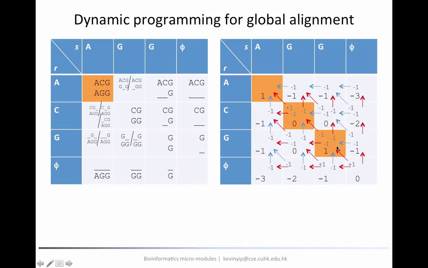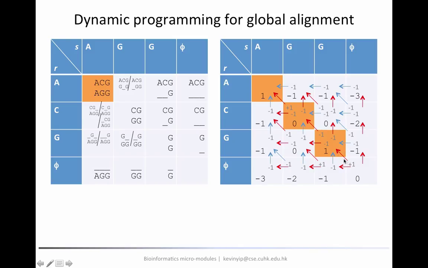After considering these 3 cases, we realize that only the diagonal path can give us this optimal score of 1 for this subproblem. That's why only the diagonal arrow, which is the one I'm pointing at right now, is marked in red color.